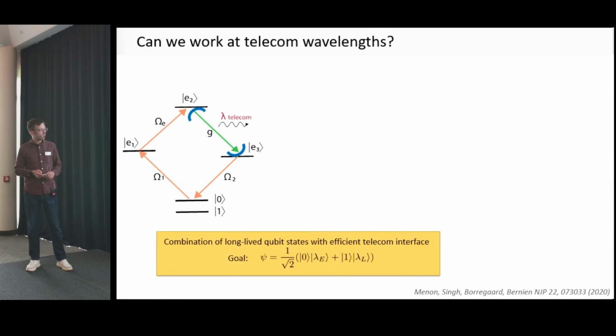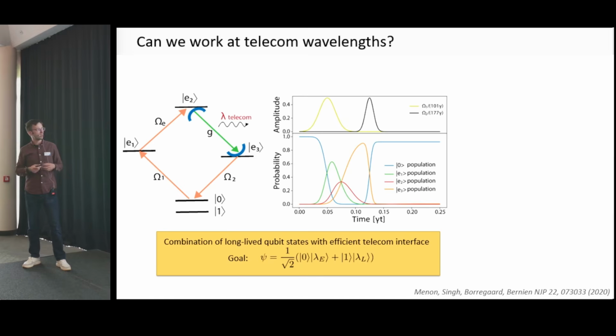And then your target state that you want to create is an atom-photon entangled state, where the atom is entangled with the emission time of the photon, either being emitted early or late, or actually early and late, because it's a coherent superposition. The way you do it is you start in the superposition of these qubit states, you take the 0 part on a little round trip, you get 1/2 photon out, and then you flip around the 0 and 1 and do a second round trip and you get the second half at a later time. So we analyze this kind of round trip.